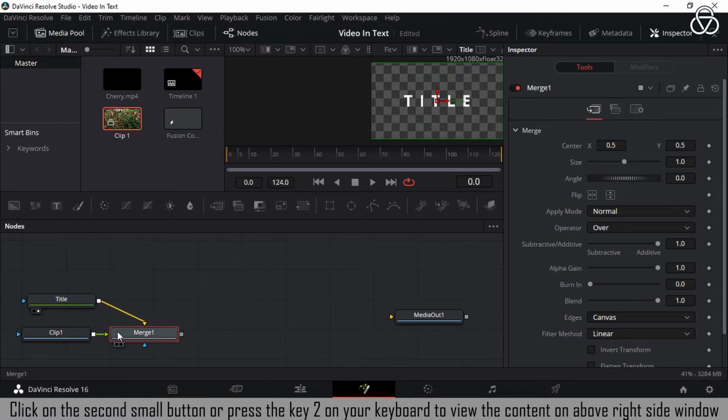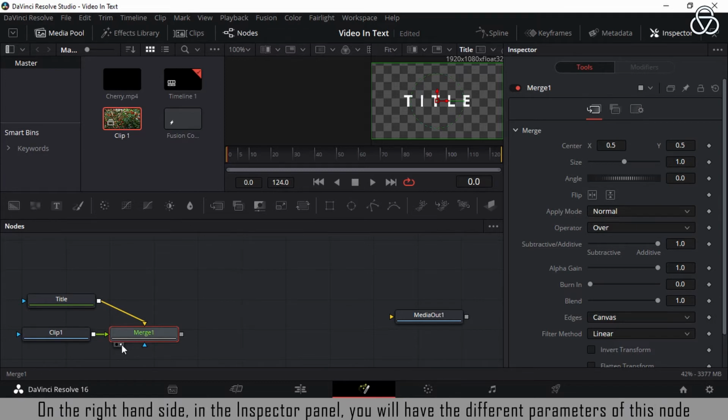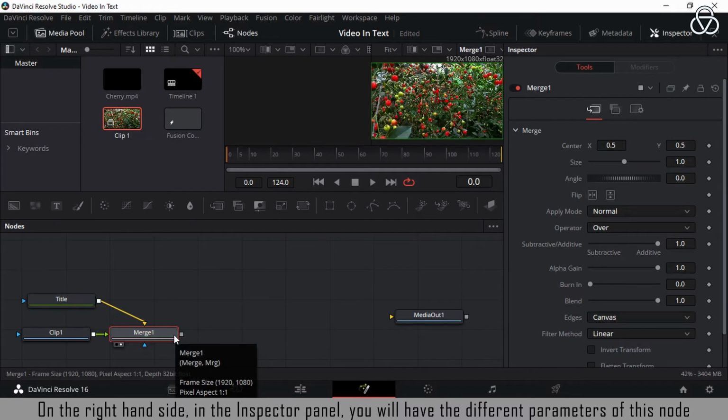Click on the second small button or press the key 2 on your keyboard to view the content on above right hand side window. On the right hand side in the inspector window, you will have the different parameters of this node.